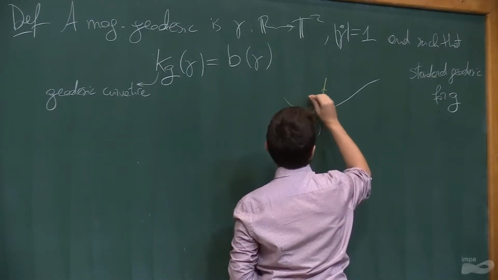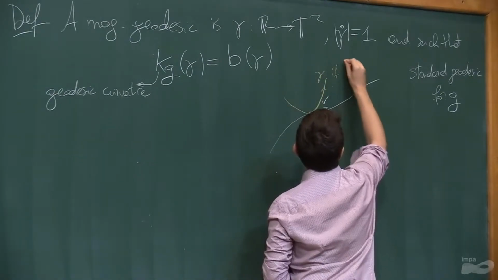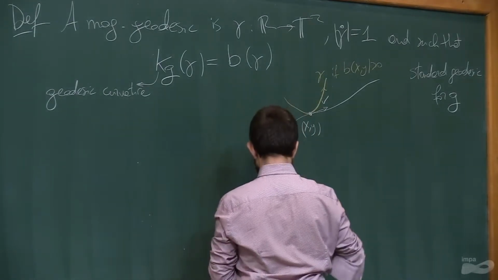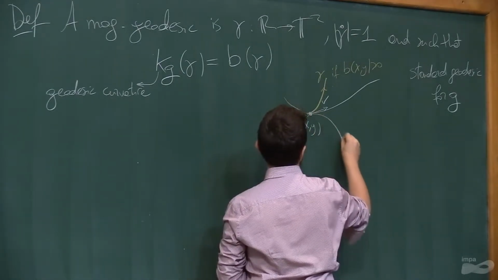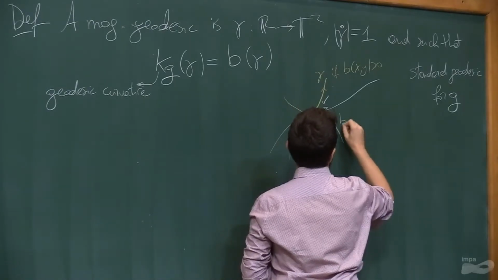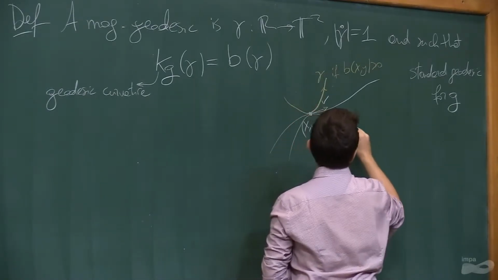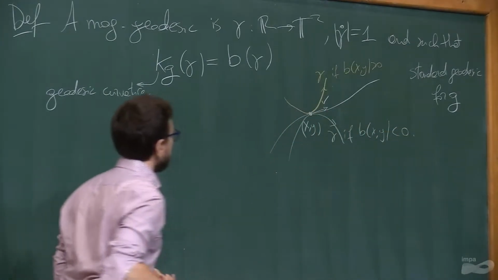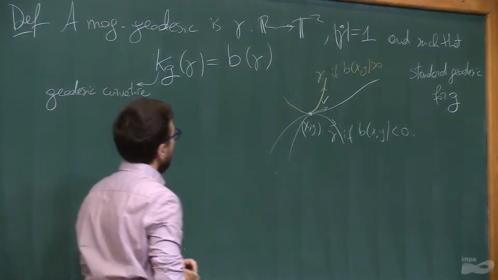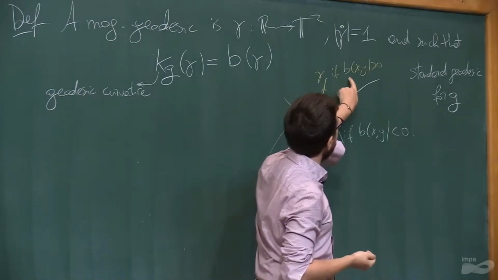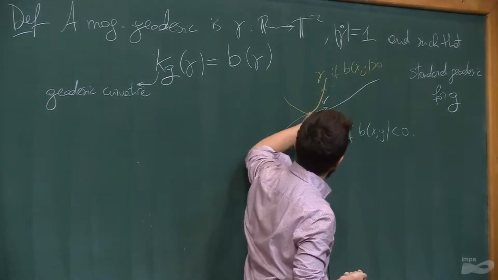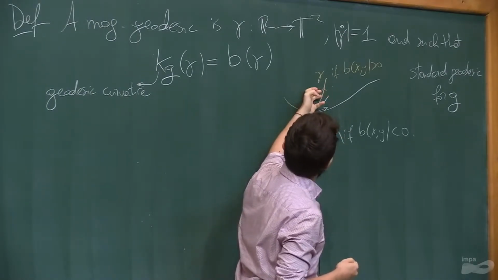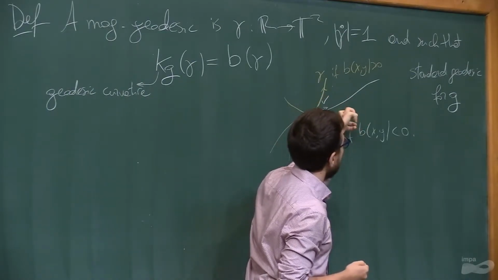So this is gamma if B of (x, y) is positive, and on the other side, this is gamma if B of (x, y) is negative. And so what we have to think is that the higher, for example, B is, the more wiggly our curve will be. So the behavior of our curves will be radically different from the behavior of a standard geodesic